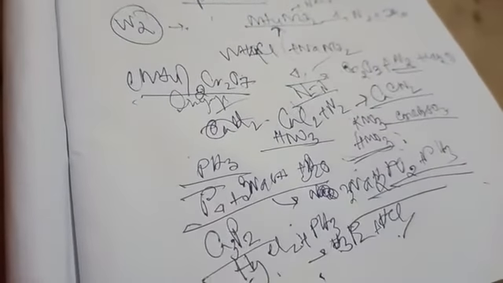Phosphine has multiple uses. It can be used in the Holme's signal, which is used to detect danger points. Phosphine is also used to produce smoke in warfare. It is also used to form different compounds. These are certain reactions which you should keep on practicing, as they are needed.